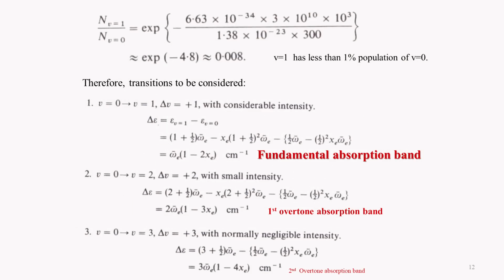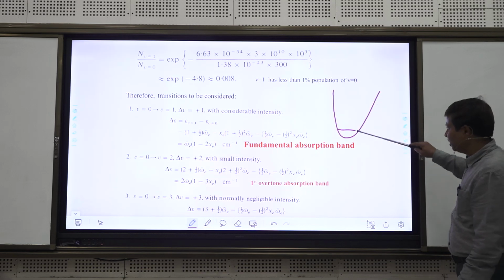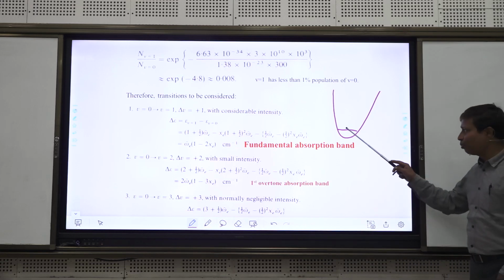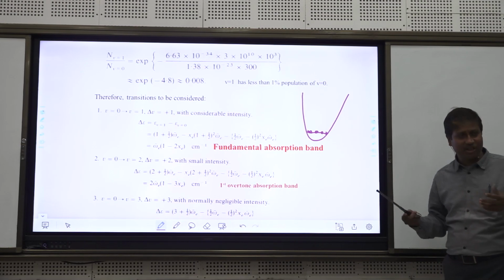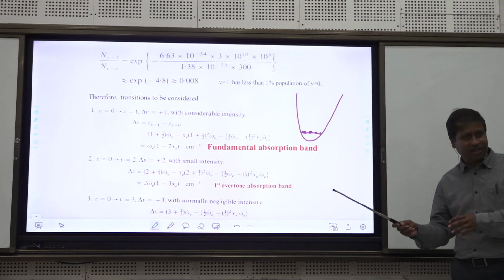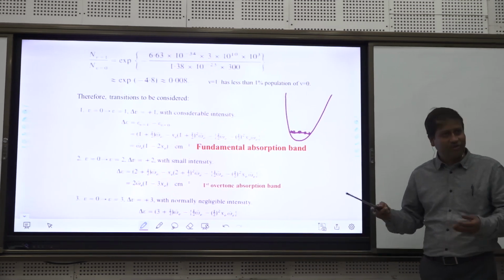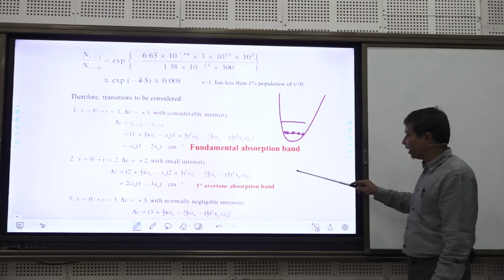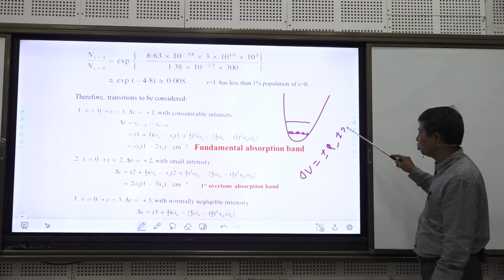If every transition is allowed, then it is much more complex. So let us simplify the situation. As we discussed in the last class, what guides the intensity? Intensity is guided by the population of the originating state. So how much is the population? If the population is high, then if everything is satisfied, you can expect higher intensity. If the population is not there, then even if it is allowed, you cannot expect much intensity. So since now delta v is equal to plus minus 1, plus minus 2 and everything,